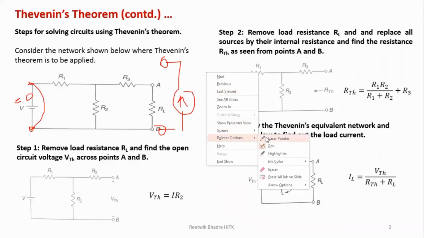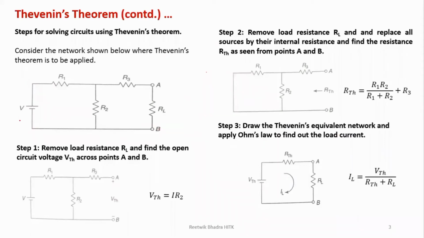So what we will do is short circuit this voltage source V. So basically we are short circuiting it, removing this voltage source and making it 0. All other parts of the circuit remain the same. And this load resistance is removed because we are looking from this terminal. If we are seeing RTH from this terminal, we have to solve from the opposite direction. So we'll start solving from this direction.